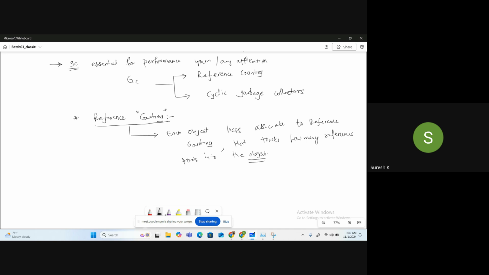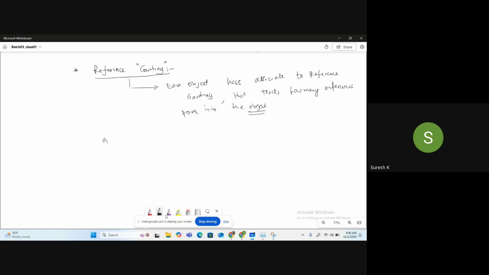What it means actually is, I have declared a variable, and I refer to a in function 1 and function 2.